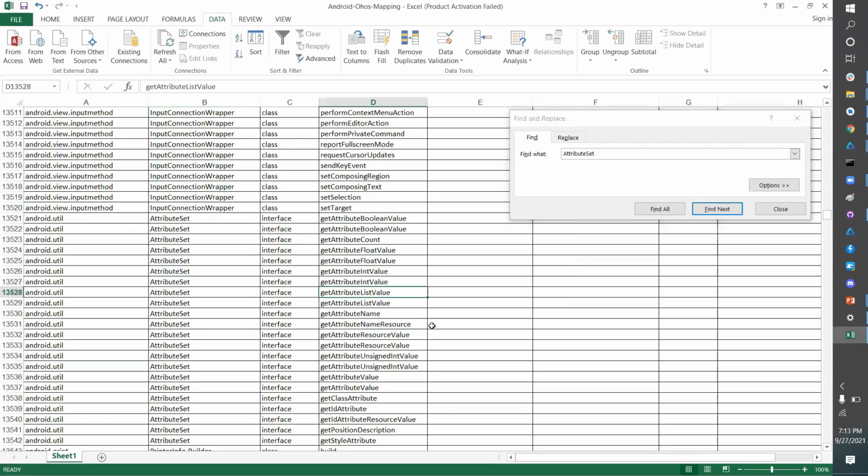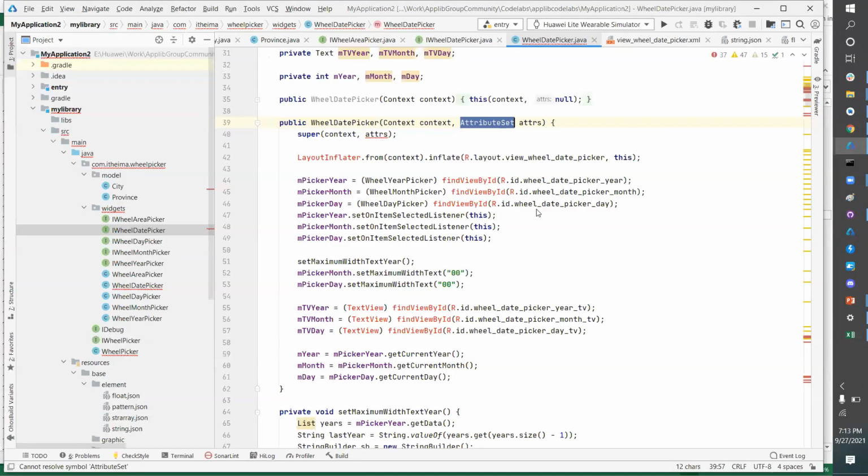Okay, so attribute set is not the updated one, I think, which I have, but it is attribute set. So this is one alternate API. So this way we keep doing, replacing it in the Java file.